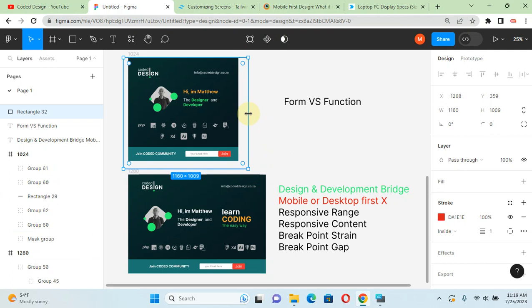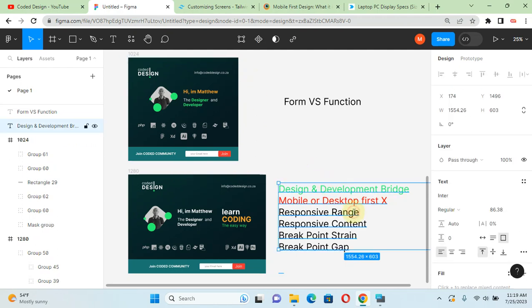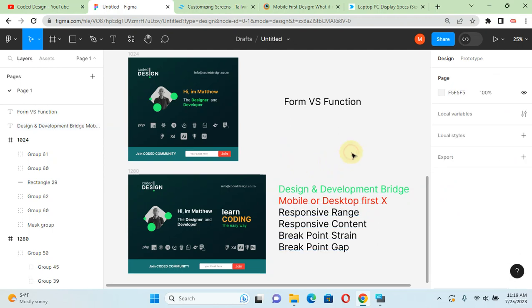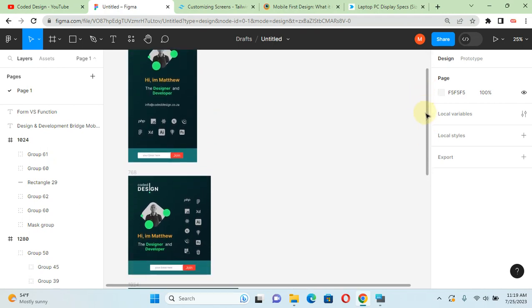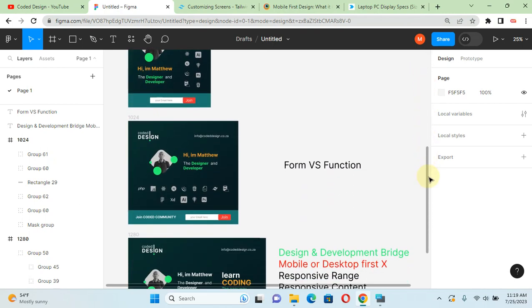If I was doing this responsiveness using custom CSS, I was not going to face these issues because I was going to include breakpoints here. Okay, so now I want to introduce a responsive range. Now that we've got some technologies that are giving us certain breakpoints, how do we, what can I say,